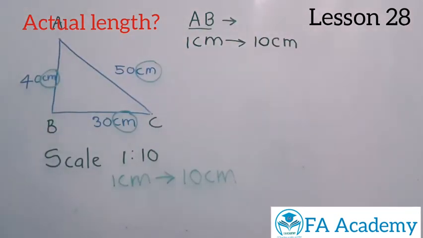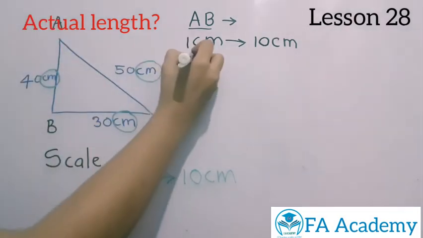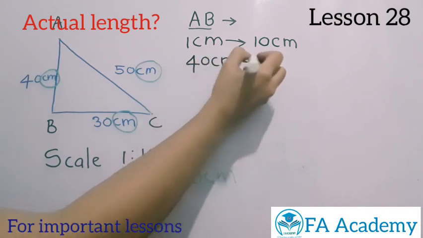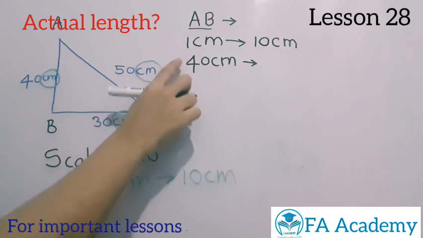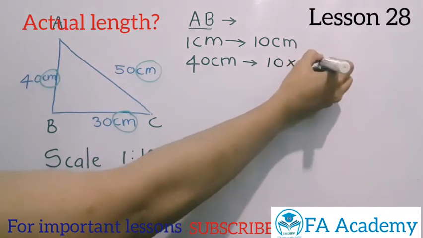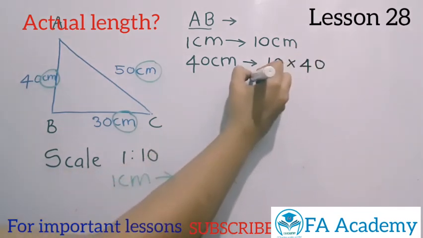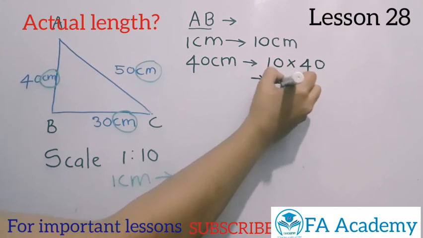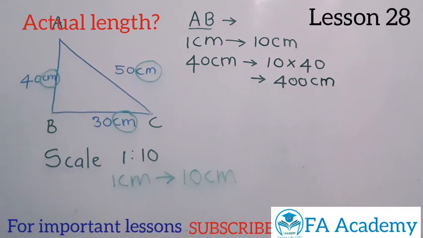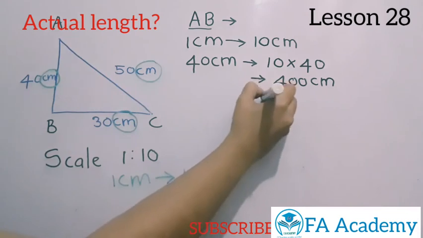So when it's giving 10, how much will 40 centimeters give? Okay, 1 became 40, so this 10 also should be multiplied by 40. Then how much will it give? It's going to give 400 centimeters. So when it is 400, we are finding now the actual length. So don't keep it in centimeters, you can convert it to meters. So when you convert this into meters, what will happen?